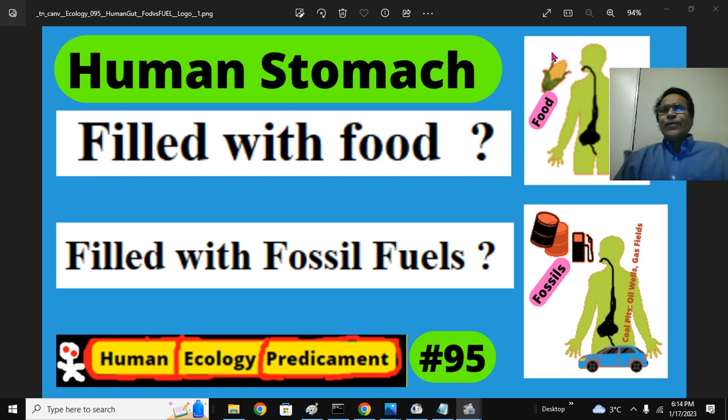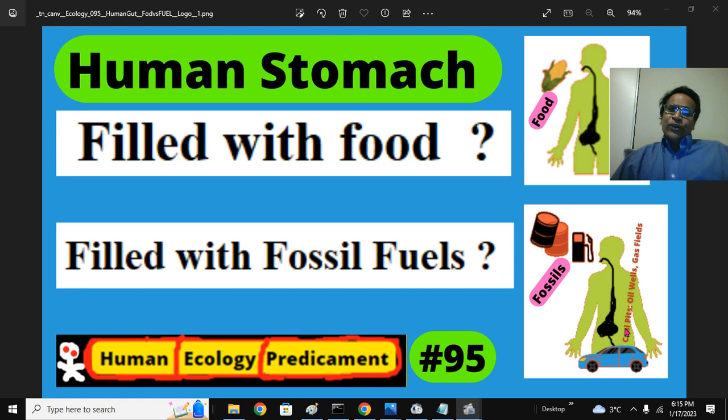Food is essentially, we have represented a corn kernel, that is the maize kernel. It can be the rice, potato, wheat, sorghum or grains, millets, anything, so on food. Here the fossils we have represented with the oil drums and the petrol station, the oil pumps. We have omitted the coal and natural gas. They are the oil, fossils, fossil fuels. They are filling the humans.